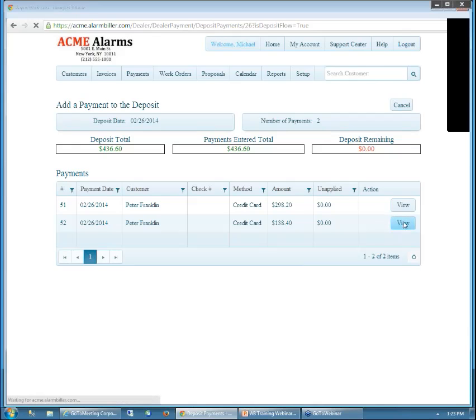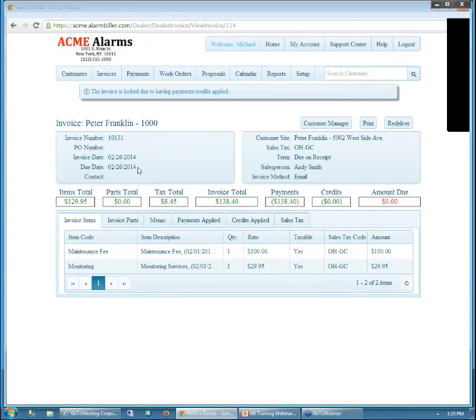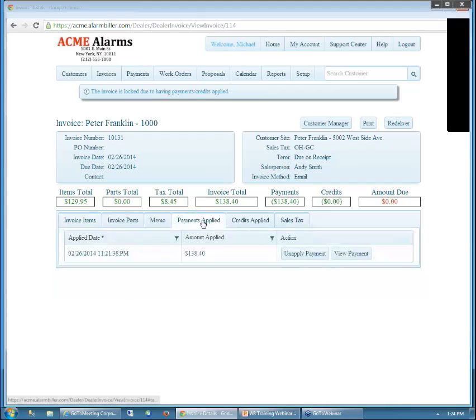And if I click on View, I can actually view that payment, and I can actually see how it applied right down to clicking the View Invoice that it applied to. And that was our invoice that was created for our recurring services, the maintenance fees for $100 and the monitoring services for $29.95. Now, I could click on the payments applied from the invoice and see it from there. So you'll notice you could see the same data from multiple sources, whether you're in the invoice, whether you're in the payment, whether you're in the credit card